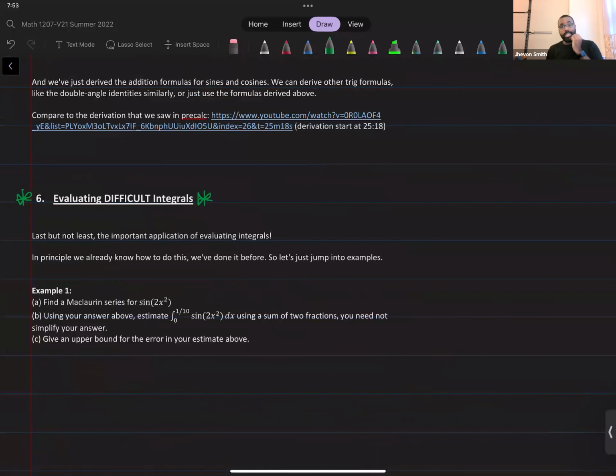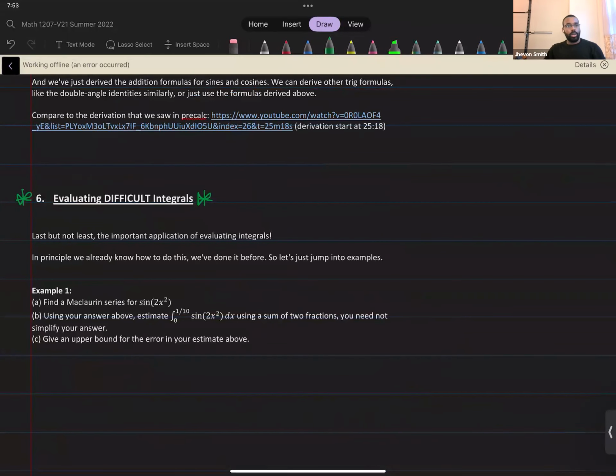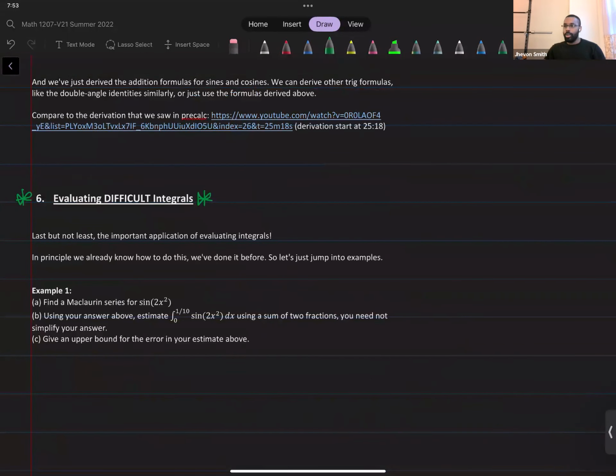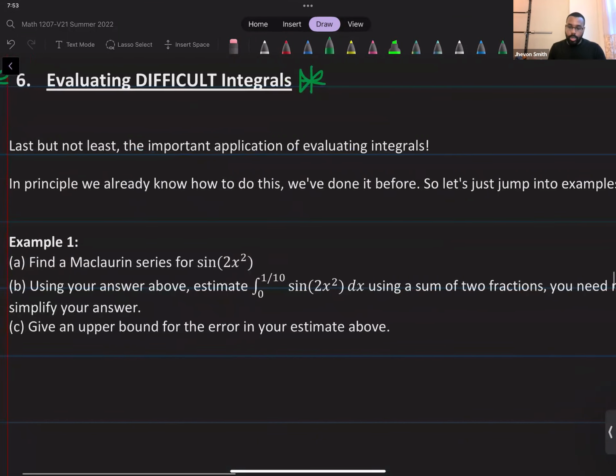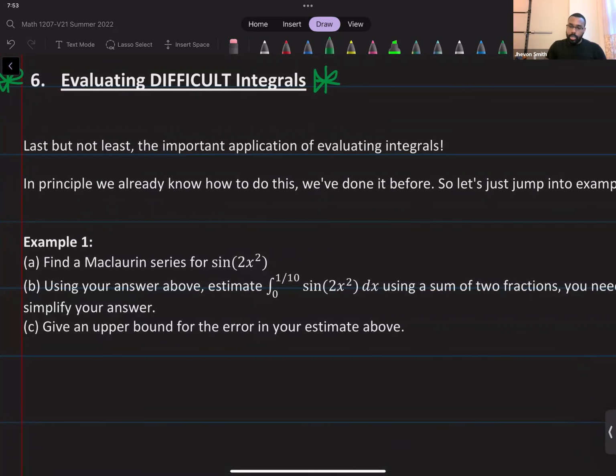But this is the thing I'd test you directly on, okay? And we're going to do some things that heretofore I told you were impossible, but now the impossible is going to become possible using series. Well, not exactly. I mentioned before that if you wanted to integrate something like sine of 2x squared, this was impossible. It was impossible in the sense that